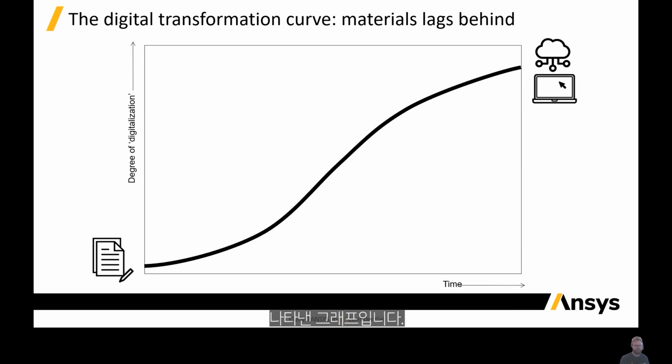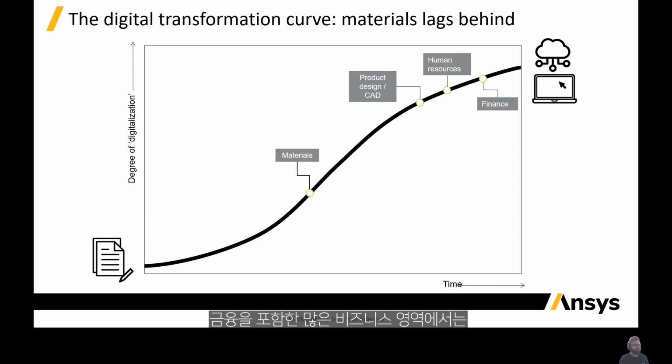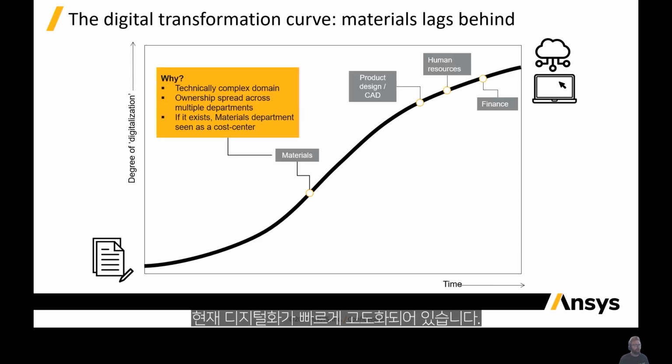We already use CAE simulation and CAD for a lot of digital design, as well as things like PLM. Well, a major factor is that materials are kind of complex, right? The domain is spread across a lot of different areas. There's a lot of different moving parts, be it aesthetic reasons versus engineering properties. And that ownership leads materials to be seen as a cost center and not something that's necessarily at the peak